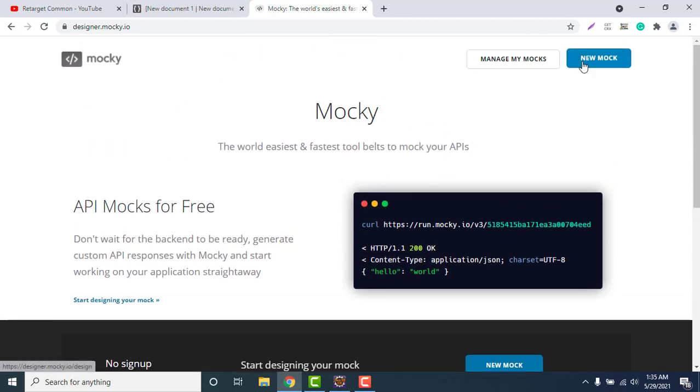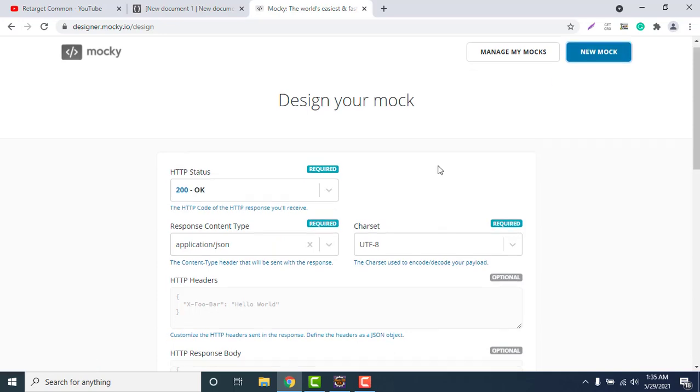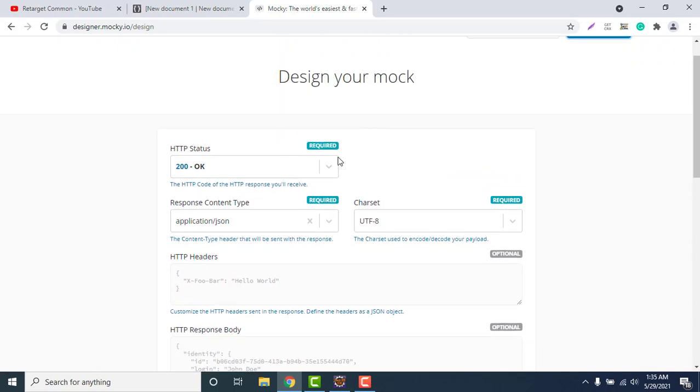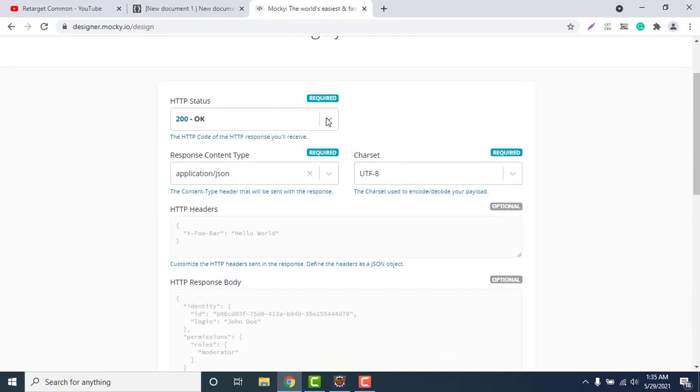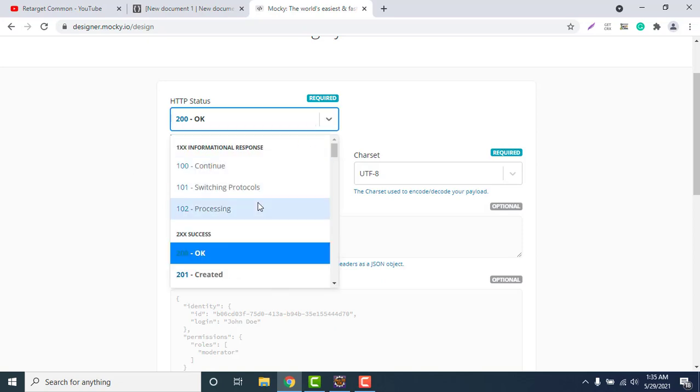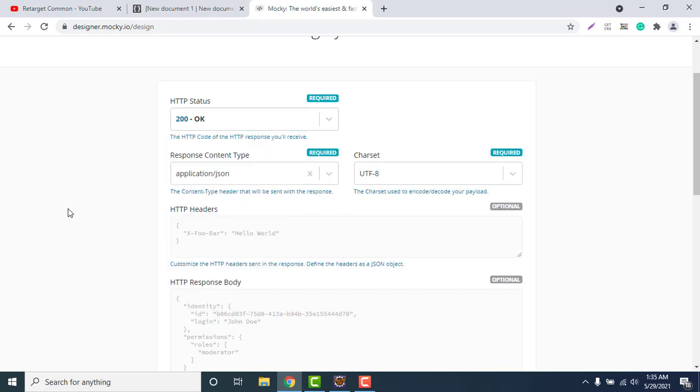Simply click on new mock. You'll see this page here, and you can select whatever status code you want. Suppose a user is getting created, then you can select 201 or anything you want, or whatever is expected from the previous or dependent API.